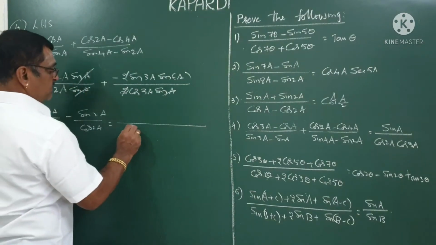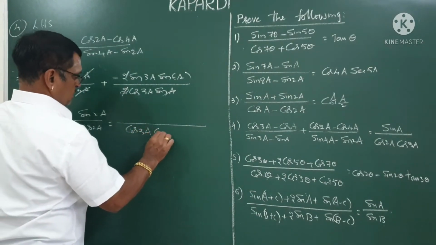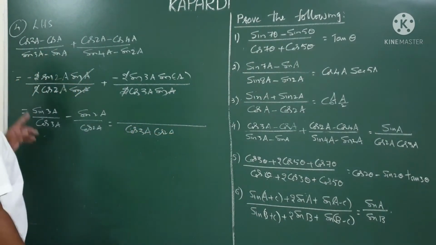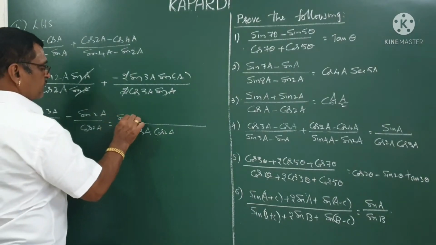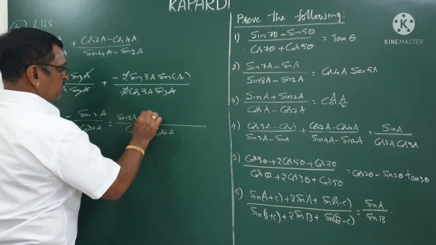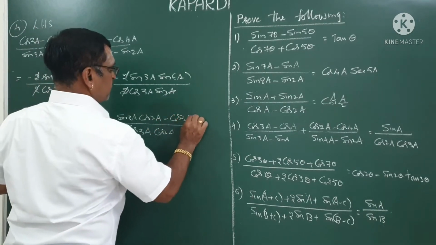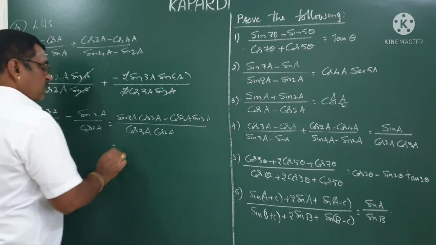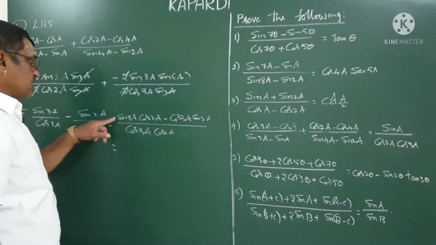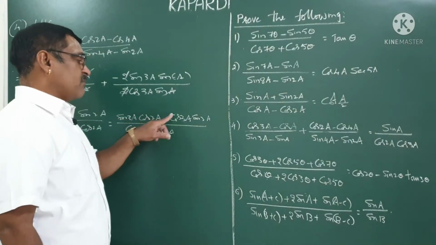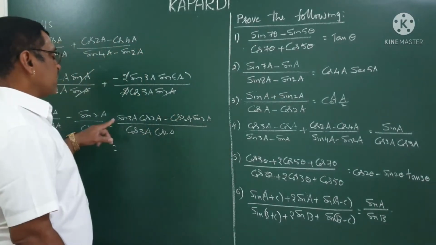You have cos 3a, cos 2a. Now you have sin 3a, cos 2a minus cos 3a, sin 2a. Now the numerator sin 3a cos 2a minus cos 3a sin 2a, it looks like sin